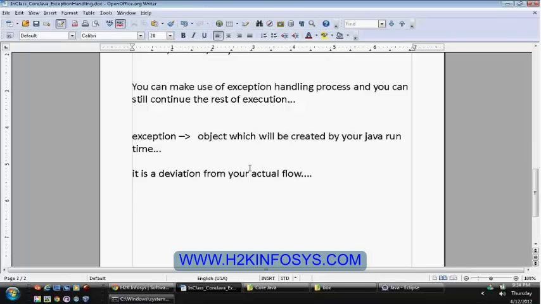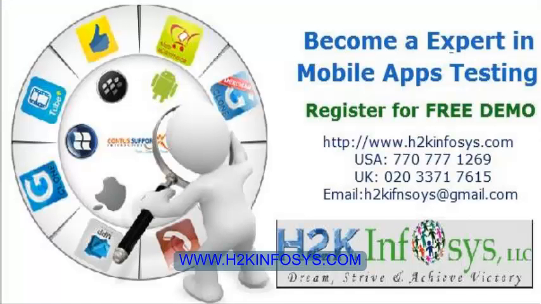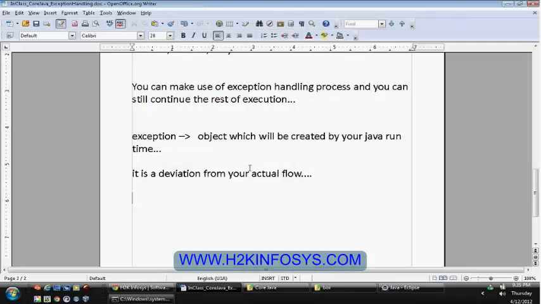Whenever an error has occurred within your program, if you are able to handle the exception, then you can still continue the rest of the program execution. If you are not able to handle the exception, it will terminate the program.